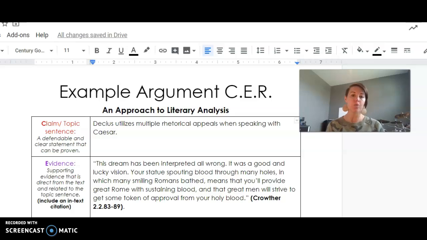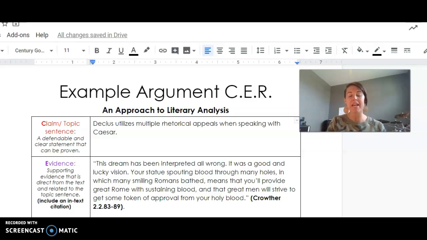She interprets this dream to mean that somebody is going to kill Caesar, and she tells Caesar that and convinces him to stay home from the capital that day instead of attending. But then Decius shows up, and he's really clever, and he starts to reinterpret the dream so that Caesar does go to the capital, because Decius is in the conspiracy. He needs Caesar to go to the capital so that the conspiracy can carry out their plan to murder